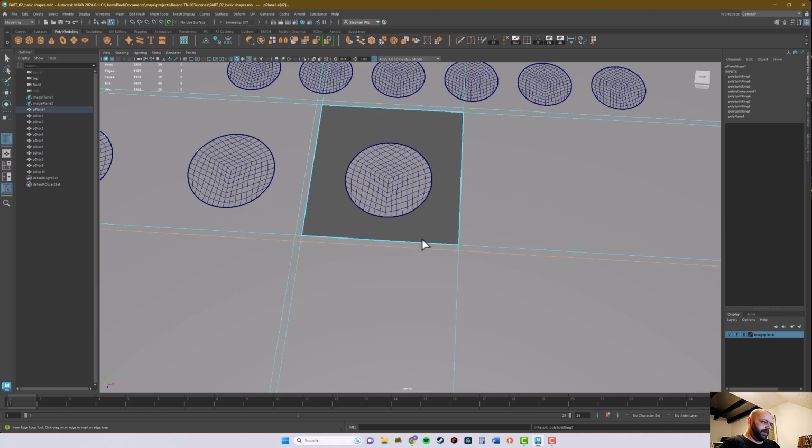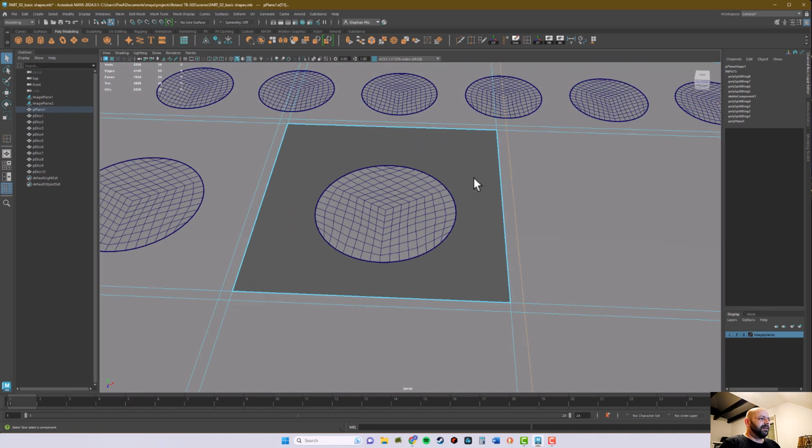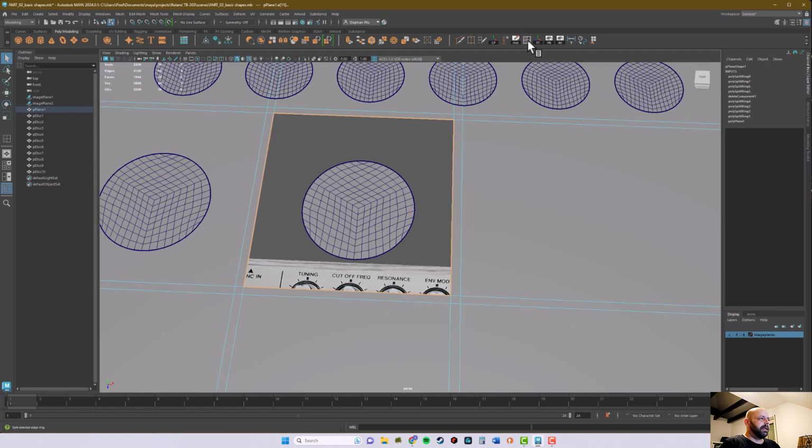So no matter what I'm doing wrong here with the 4 edges, I still have something that's in quad geometry around it. Okay, so let's select this edge here,